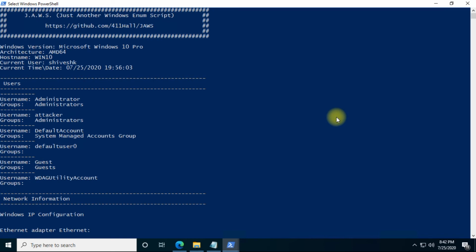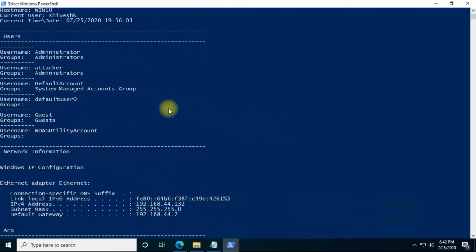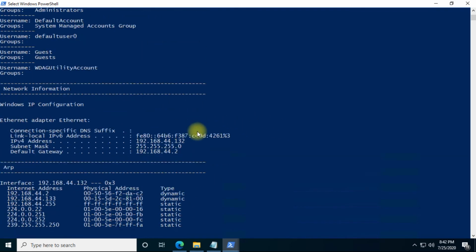It's similar to WinPEAS, but a few details differ, and we even get firewall rules in this, which are not present in WinPEAS. A lot of other stuff.